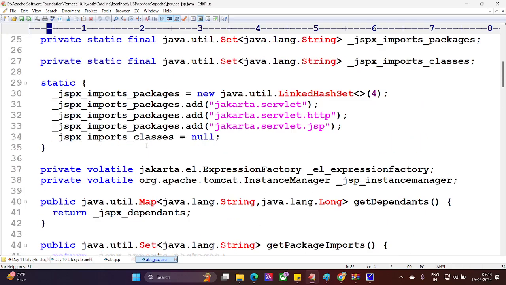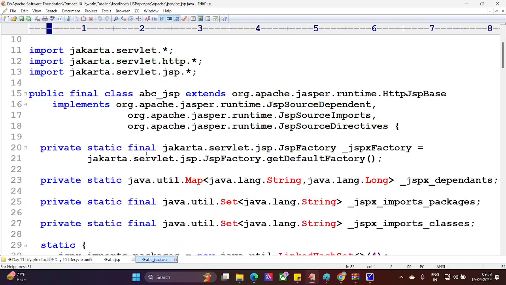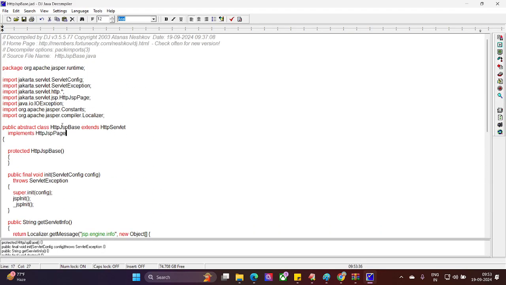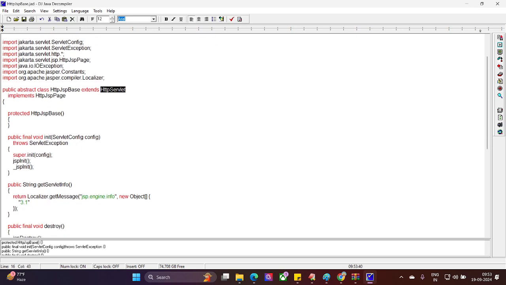Right? Now let me go to the JSP super class. Here is my super class, HttpJspBase. It extends HttpServlet. Now here you will find the init method. Init method with what? ServletConfig. And internally it calls what? JSP init and underscore JSP init, and super of